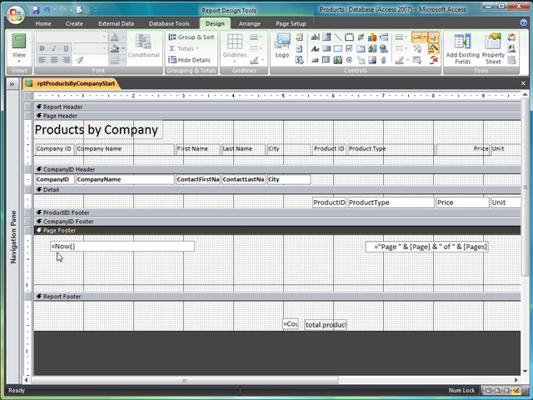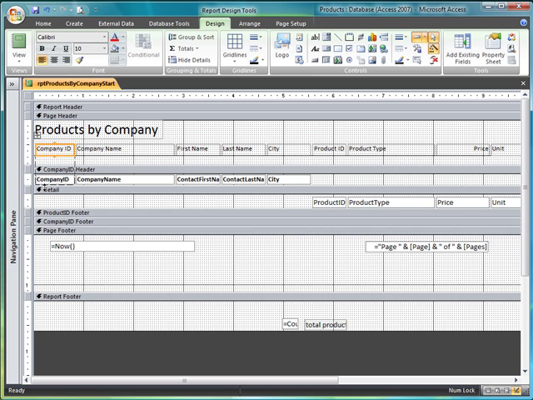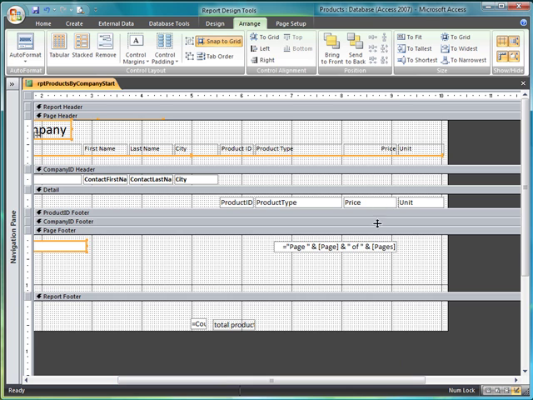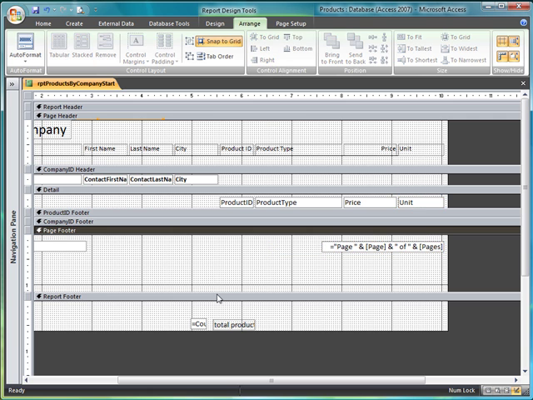Now I'm going to take all of these controls, this one, and this one, and I want them all to align to the left. Well, this one's too far over, so I'm just going to move it over to the right, and then I'm going to grab all of those controls like that. When I grab them, I want to make sure I don't have anything that I don't want, and I'm going to go to Arrange and Left. And now I'm going to do the same thing over here. I'm going to take this one, and I will do Right, and I'm going to bring this footer up,